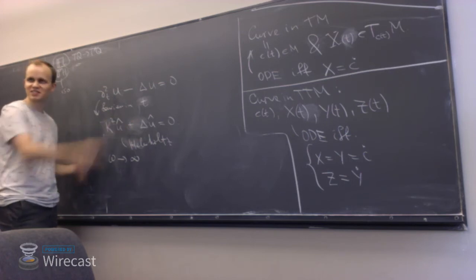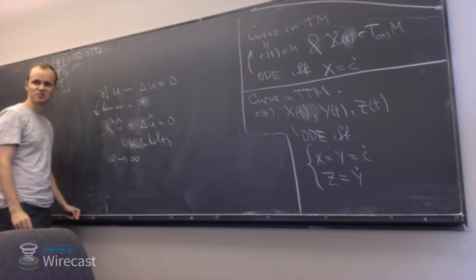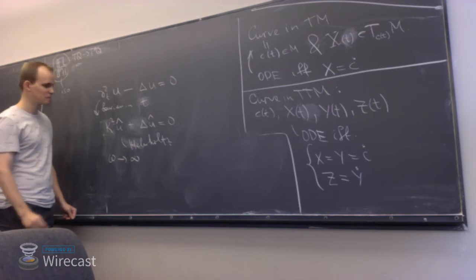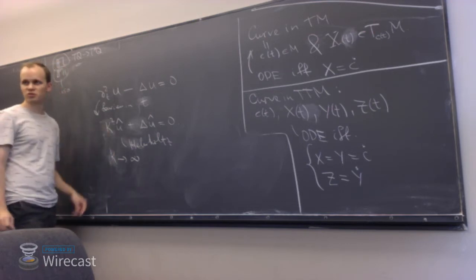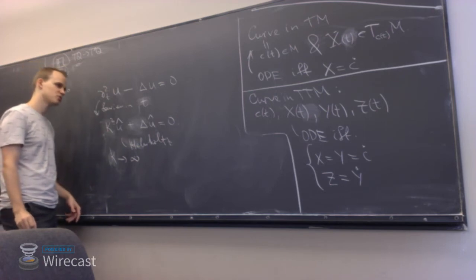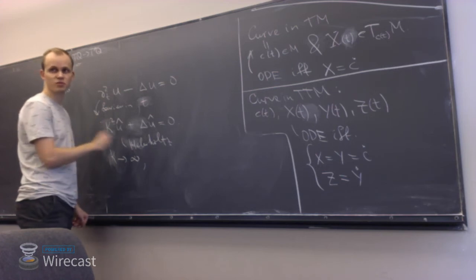I mean, there's no omega, but yeah, you send k to infinity. So you have a large parameter equation,